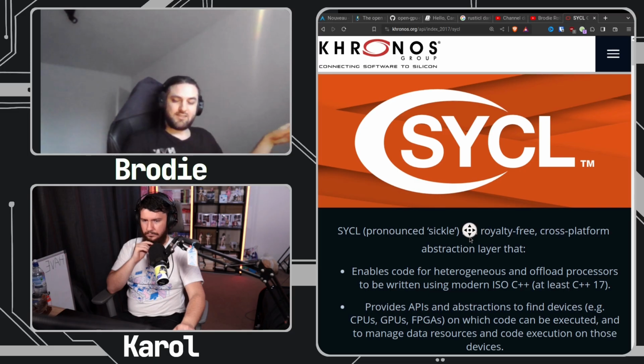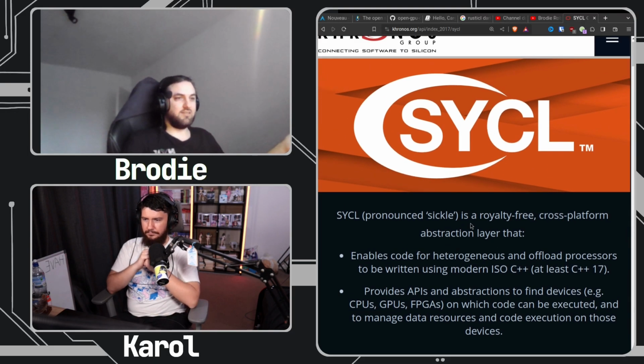So the problem with SYCL is that it's an API definition. The application API is defined, but not the runtime. So you don't have any actual runtime with SYCL. You have it with OpenCL, you have it with OpenGL or Vulkan. If you compile against OpenGL, you can run it on every driver. That's not the case with SYCL. There are SYCL implementations like the Intel one, which is able to layer it on top of OpenCL. In order to do so, it compiles the GPU code into SPIR-V. SPIR-V is just some